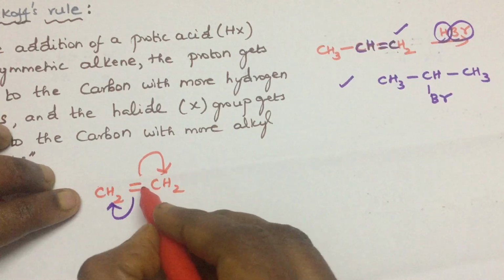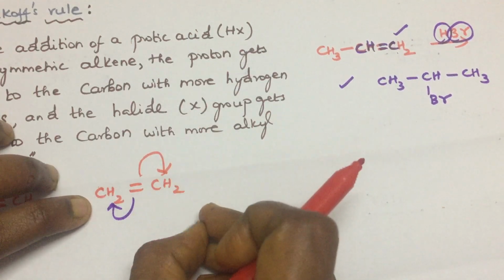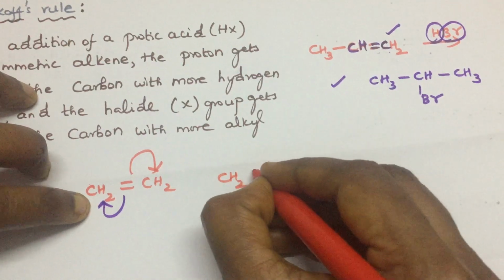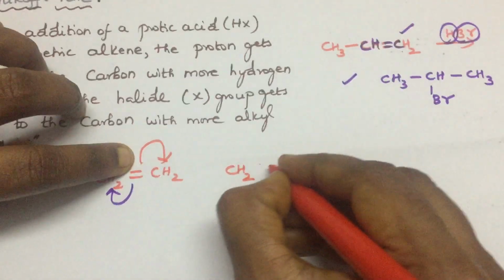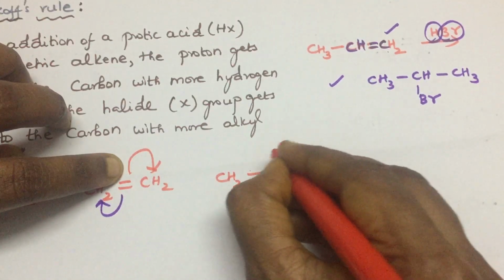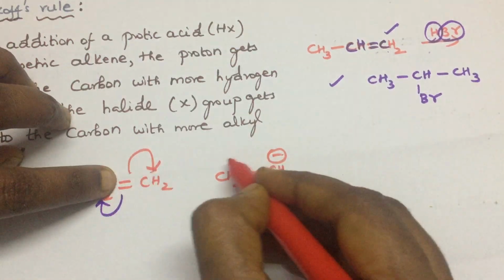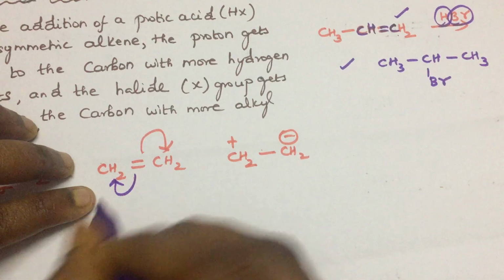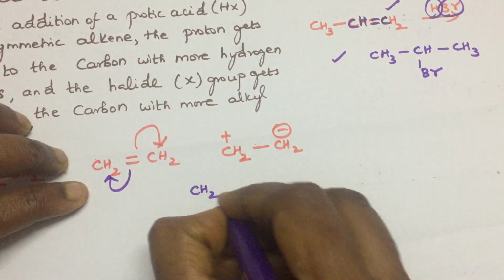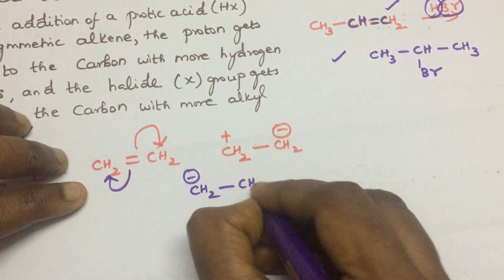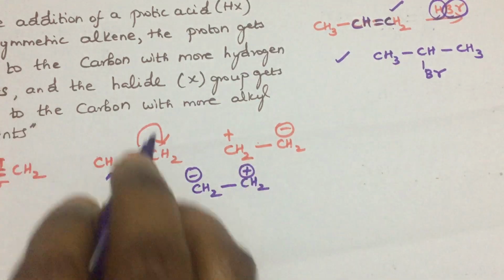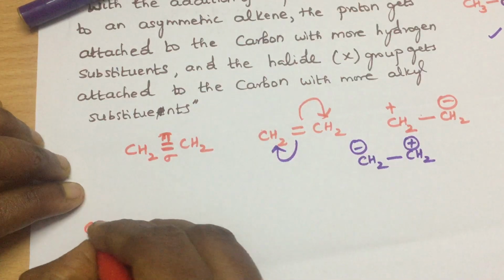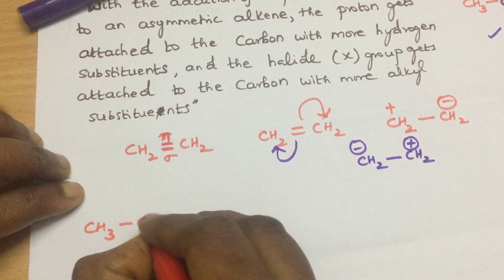So in this way, what are you doing? You are taking away the electron cloud. Whichever carbon takes away the electrons, the arrow pointing to that carbon, will take the minus sign. If it polarizes in this way, this carbon is taking the electron, so this carbon will have minus. Since this is symmetrical, I will explain with an unsymmetrical alkene as I took.